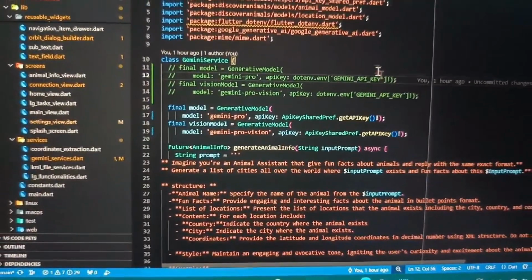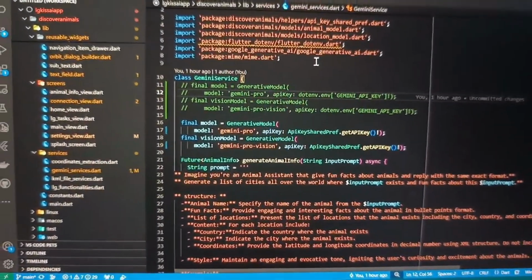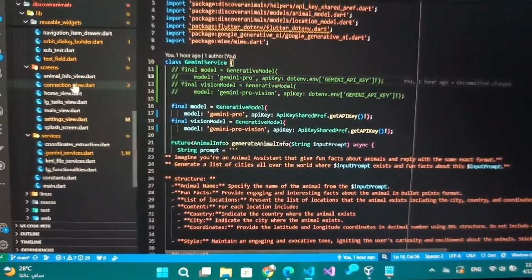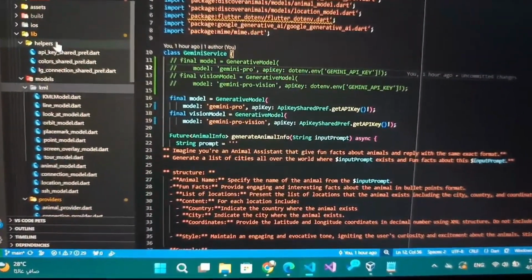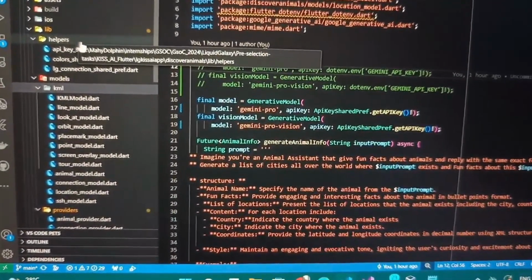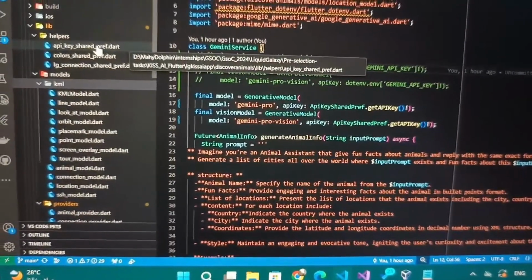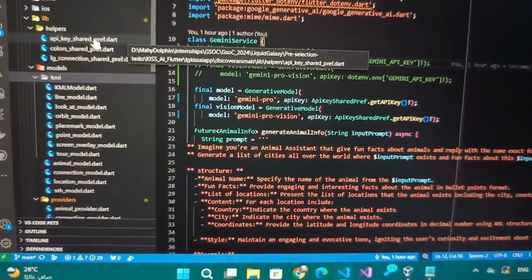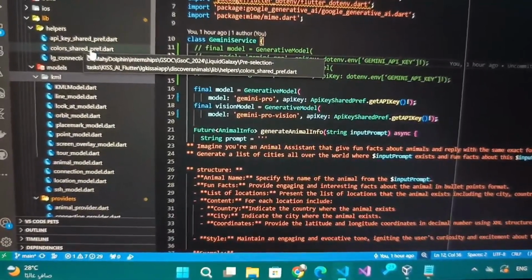I'm going to show you now a snippet of my code that developed the app of discovering the animals. So it's very simple, and I have organized it into these folders. So we have here the helpers: a shared preference for the API key to keep the API key saved, and we have this for the app theme and colors.